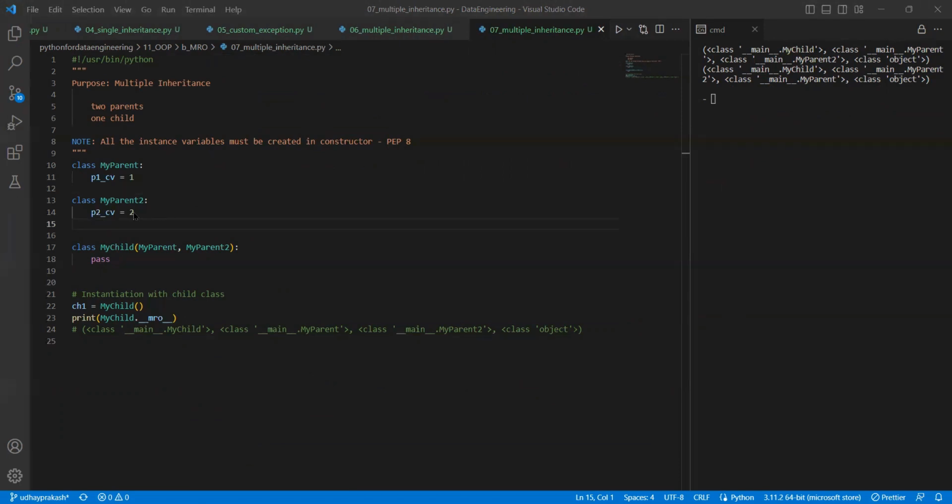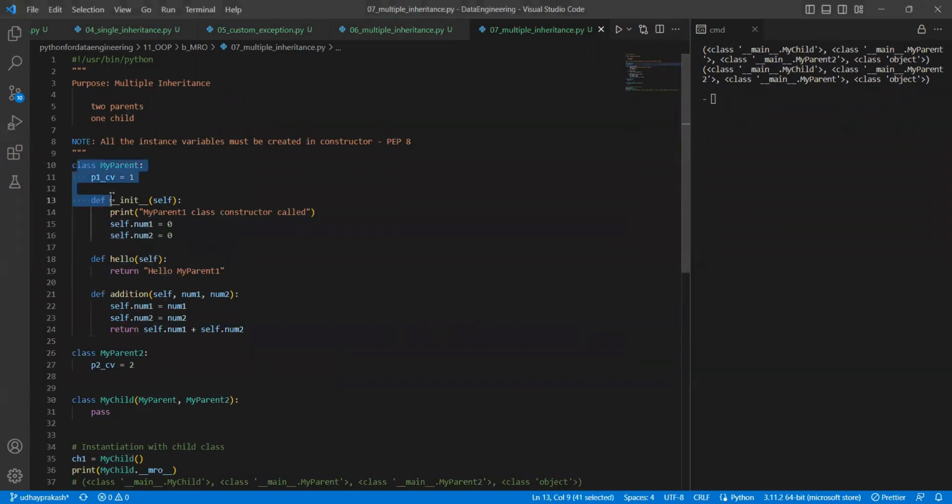Similarly, parents don't have any constructor, so you need not ask. But what if the parent has some constructors and some values? This time I am taking it like this. Within the first parent, there is a class variable, and I created a constructor. I am taking two arguments, two variables, so by default they are 0. I'm not taking anything in the constructor signature. Then an ordinary method, some addition functionality I have. In the same fashion,